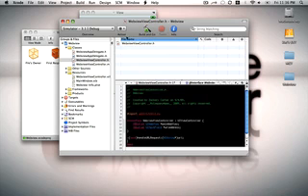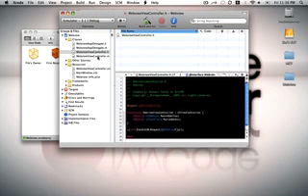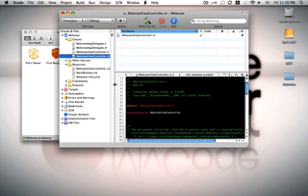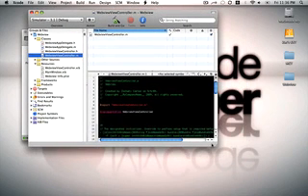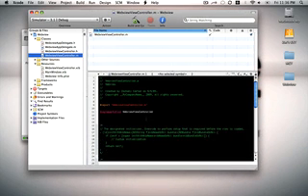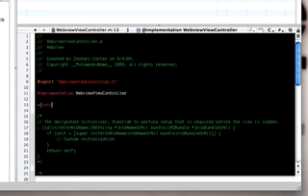So that's all we need to do for the header. So let's go into the main.m file here. The first thing we want to do when we get into the .m is create our method that we just declared in the header file, and we're going to call it. So let's type in here void handleURLRequest, and remember we passed in an NSString